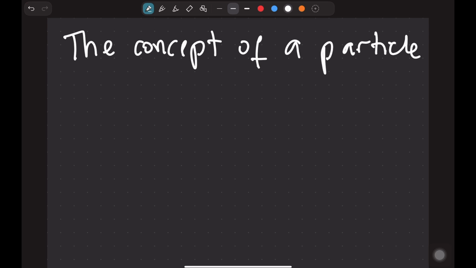So what is a particle? A particle is a body whom by virtue of its characteristic can be expressed as a geometric point. So let's take a graphical example. Assuming we have a point A and a point B, and we have, let's say, a car situated at point A,